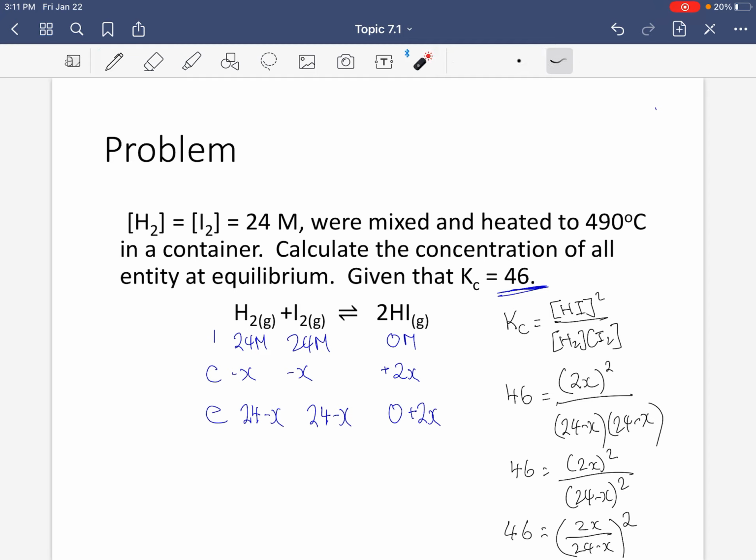Can you bring this over here and just root this, and you totally get rid of that square? Because that is a square that creates a quadratic situation. Yeah, you can. You can root this. That way you get rid of this. Now you'll never have a situation where you have a quadratic,